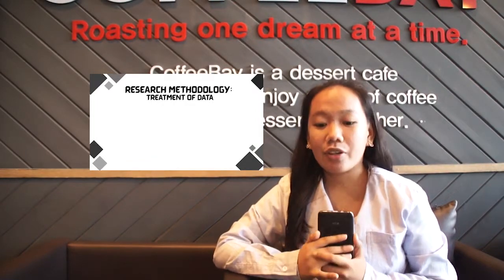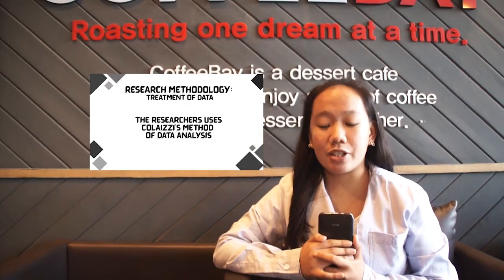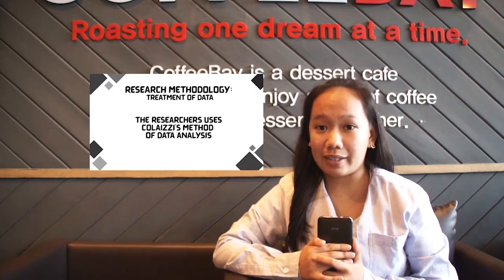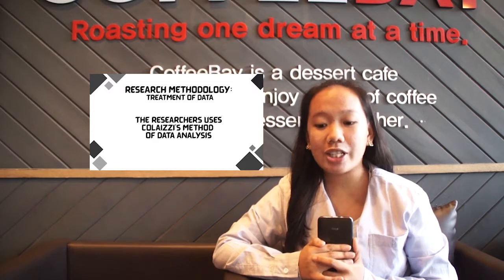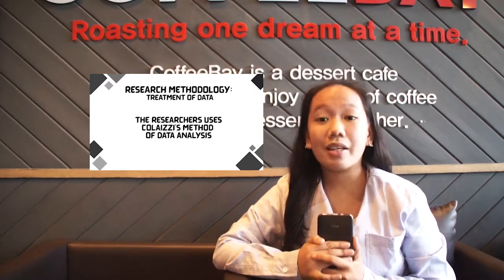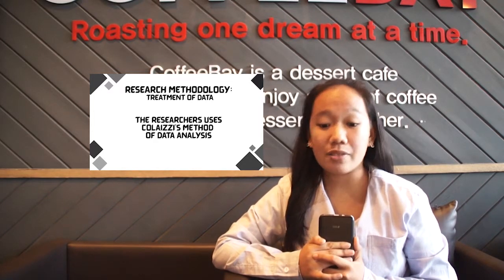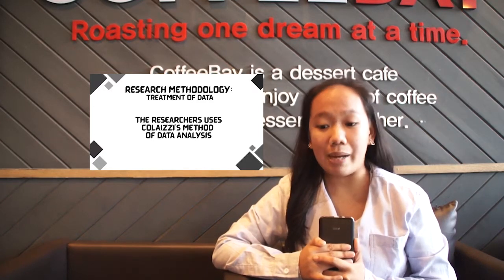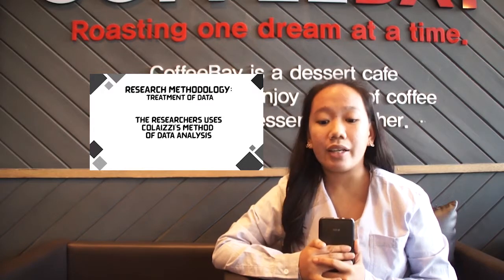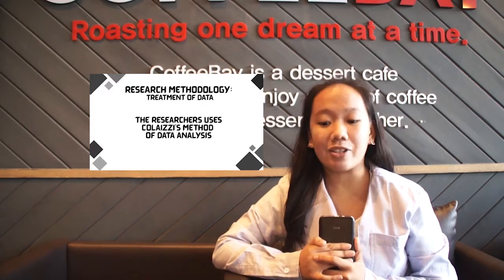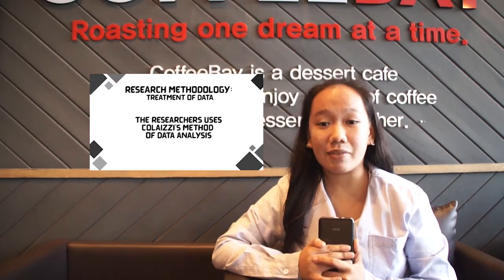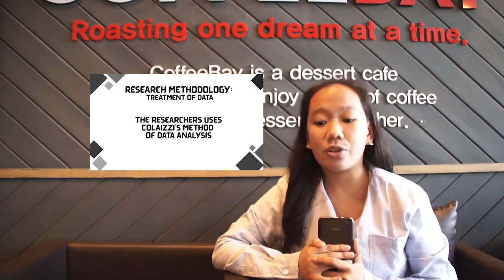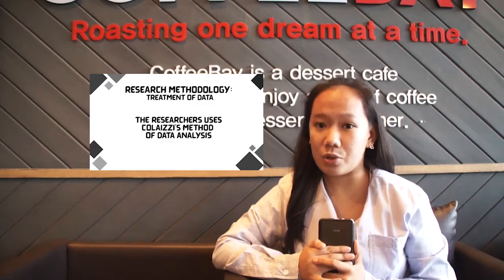Treatment of data. For the treatment of data, the researchers will be using Colaizzi's method of data analysis. Colaizzi, back in 1978, a phenomenological method of data analysis. This kind of analysis offers personal insights into how to present a decision that can interpret and make sense of the research material. It explores issues of rigor and trustworthiness. The purpose of this data analysis is to provide an alternative special guidance to those who are confused about the effects of social media.